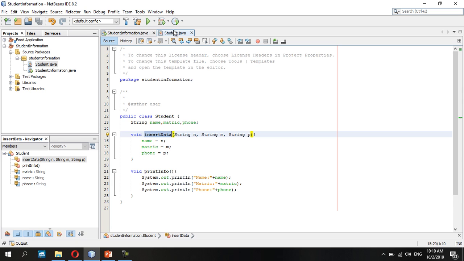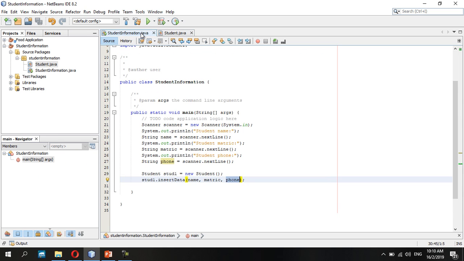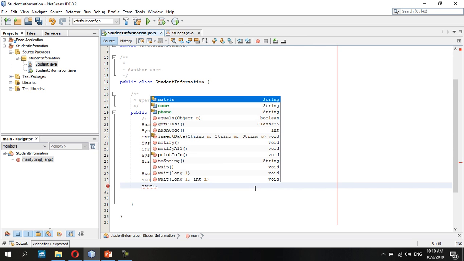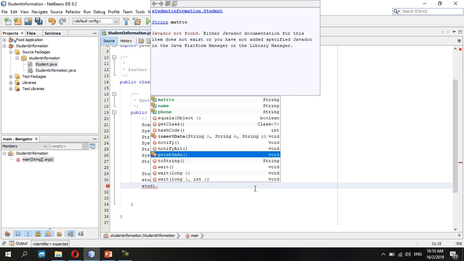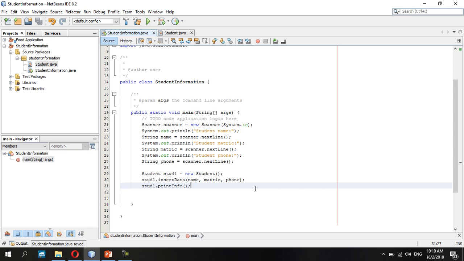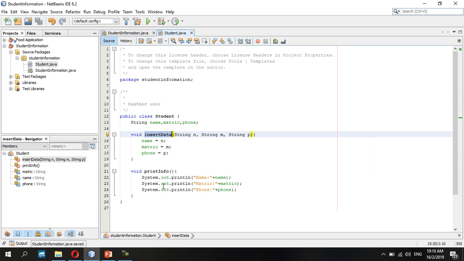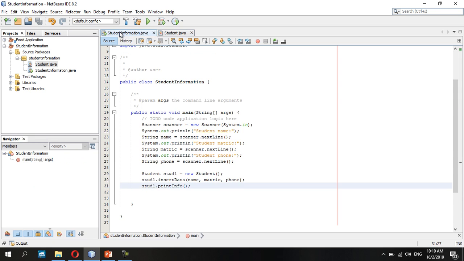So it will basically store into name, metric, and phone for the object stud1. If you would like to print out, you can just call stud1.printInfo, so that it will call this method print info that will print back name, metric, and phone for the object stud1. So if you run this program,